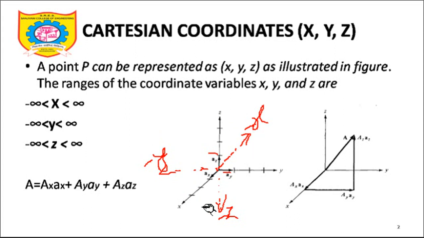So someone asked me what will be the range of x. So x may range from minus infinity, because we already know the minus x is going in this direction, plus x is going in this direction. So x-axis is extending from plus infinity to minus infinity, y-axis is also extending from plus infinity to minus infinity. Similar is the case with the z-axis. Now if someone asks me what will be the limits of x, y and z respectively, the limits of x comma y comma z will be from minus infinity to plus infinity.